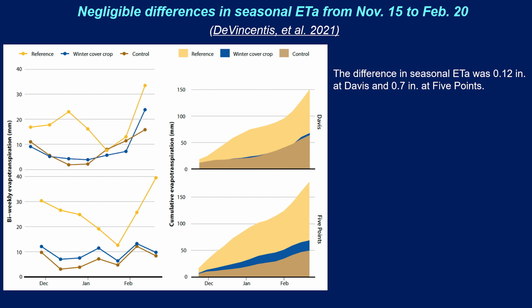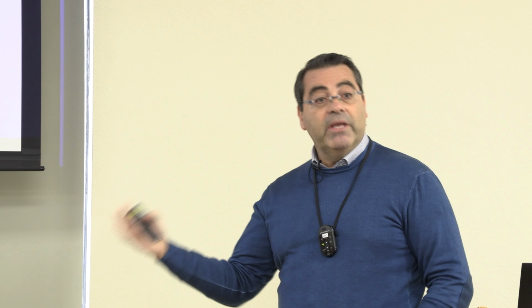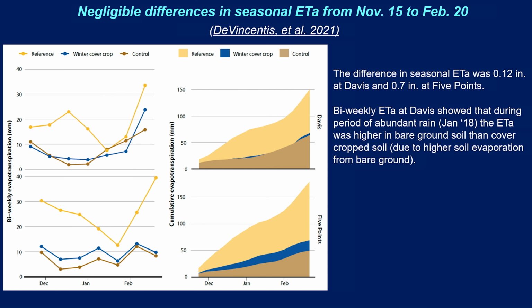At Davis it was 0.12, and in Five Points it was 0.7 inches. So this difference is pretty insignificant in comparison with the potential benefit. This was a seasonal evapotranspiration of the two systems compared. When we evaluated the biweekly evapotranspiration in Davis,